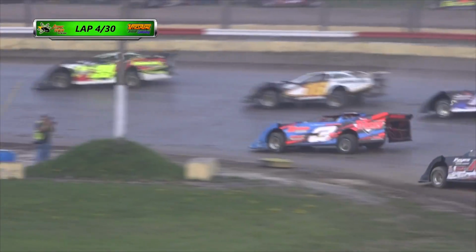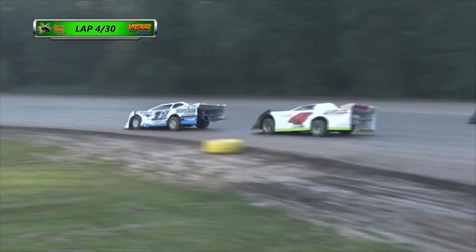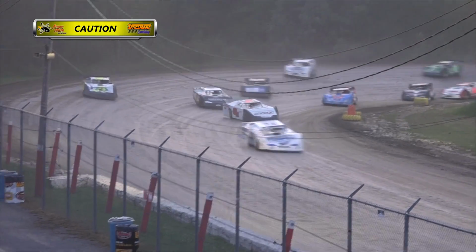I'm impressed with Holyfield. We just saw him in that number 4 car, still running in the runner-up spot behind Lee Gill. He is having a strong run here early on. Yeah, I said 3 wide for 2nd, 3 wide for 3rd. And now Waters gets up to 2nd. And John Waters, he had the car to beat for quite a long time at Oshweekend, and he's had a